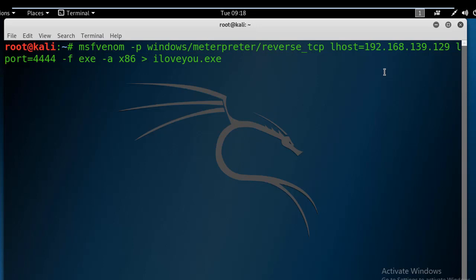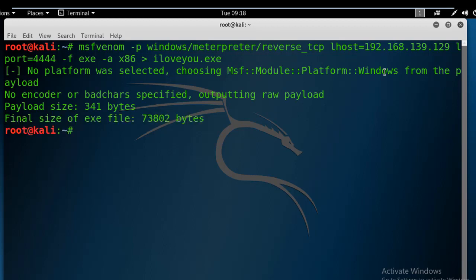Another thing I want to share with you guys, I'm just doing this hack inside my LAN. I'm not hacking any computer outside my LAN or on the internet. The reason behind doing this inside my LAN is that it's only for educational purposes and I'm making these videos for beginners, but I will definitely make a video on how to hack outside the LAN, where we use port forwarding, which is a different concept. I will make a video on it in future. Okay guys, I hope you understand.